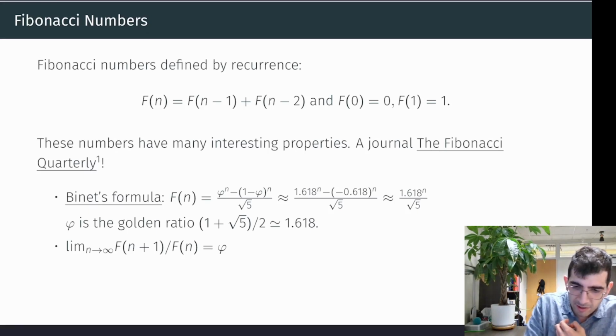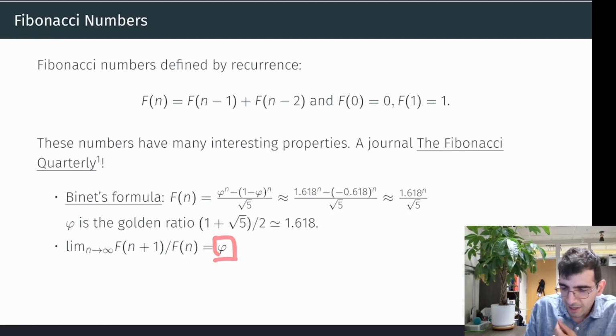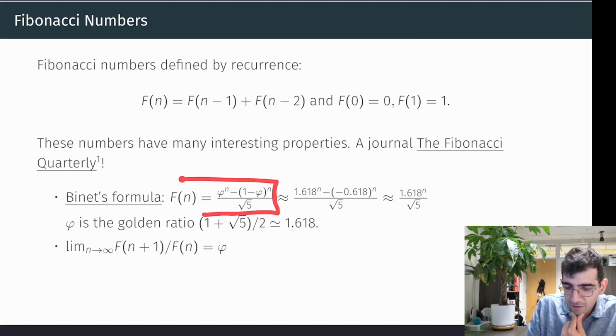And Binet noticed that as n goes to infinity, the ratio between Fibonacci numbers goes to the golden ratio. Using this idea, he created Binet's formula, which simply provides a pretty good estimate of